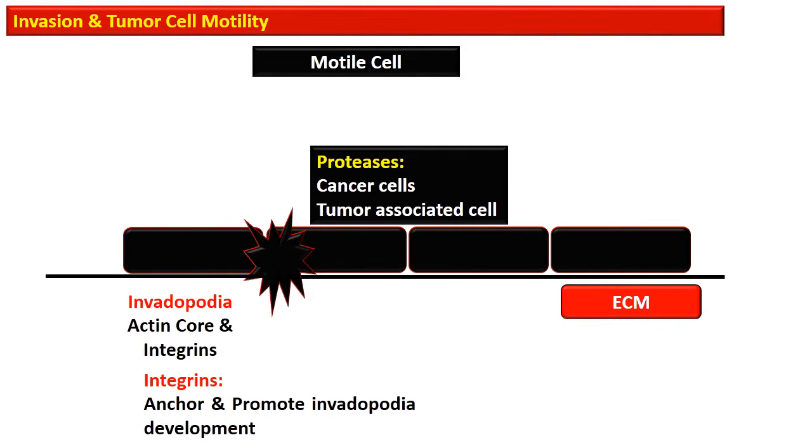The integrin, which is associated with invadopodia, serves as an anchor and also promotes invadopodia development, and it also guides the cell toward the chemotactic stimuli, which results in its navigation within this area. So MMPs, or matrix metalloproteases, and other proteases function to achieve this important